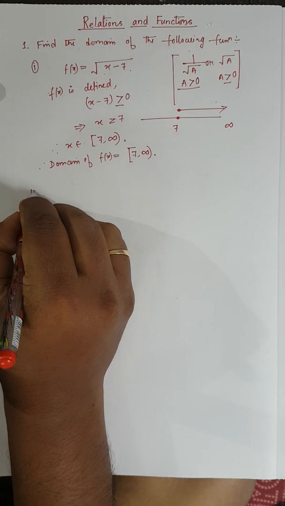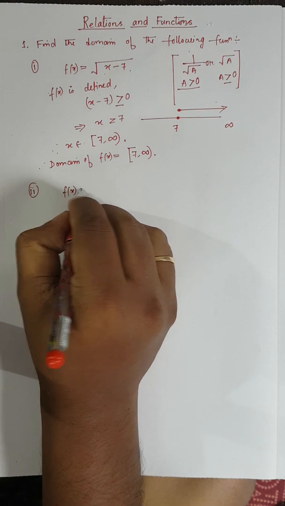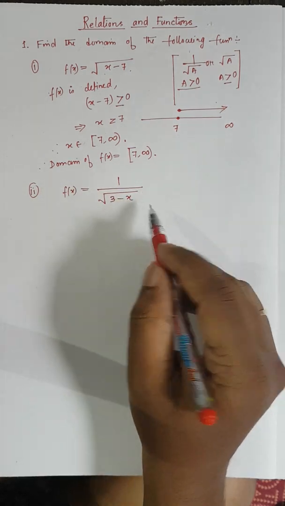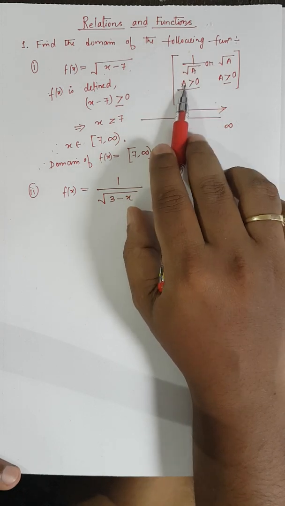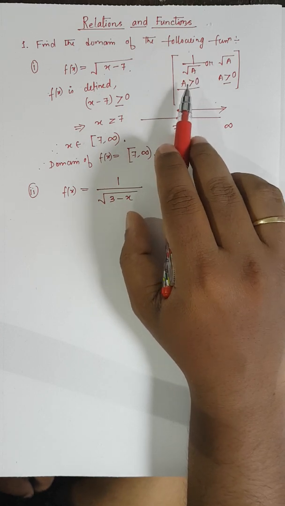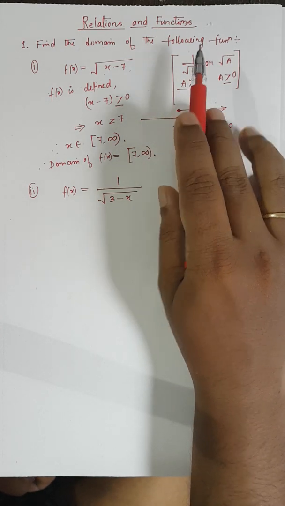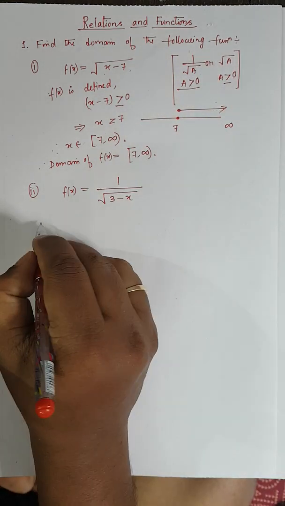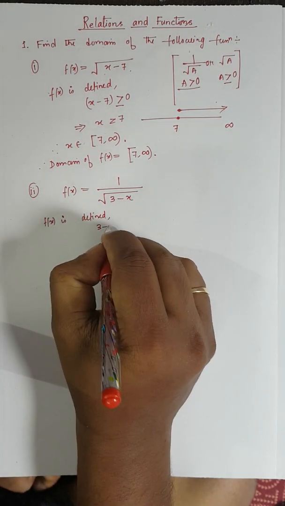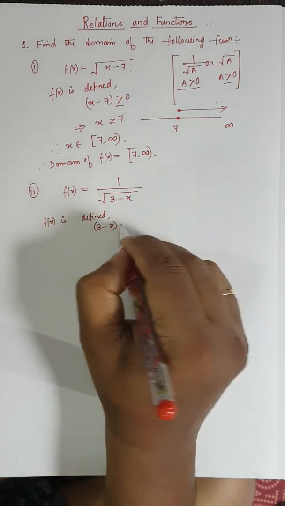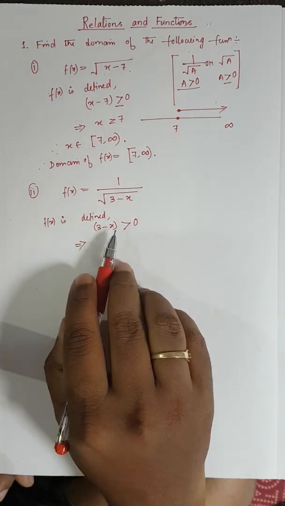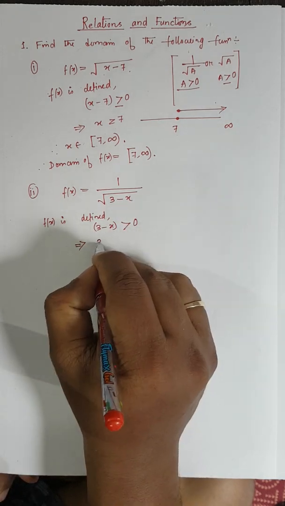Number 2, f of x is equal to 1 by square root of 3 minus x. See, this is in the form of 1 by square root of a. We know that it is defined only when the value of a is positive, because when a is equal to 0 it will be 1 by 0, which is undefined. So you can write f of x is defined when 3 minus x, the quantity inside the square root, is positive but can never be equal to 0. So from here, if I take x on the right side, you get x is less